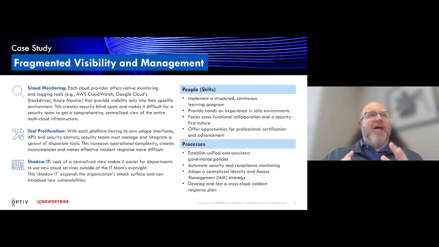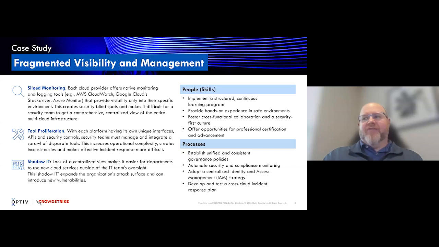We also want to provide and make sure that we establish unified and consistent governance policies that stretch across all cloud service providers. We want to automate security and compliance as much as we can. In fact, I would argue that is the main value driver of cloud. Everything becomes software, and everything should be managed via software, whether it's infrastructure as code or policy as code. All those things need to migrate to an as-code mentality, and thus we can automate them via CI/CD pipelines